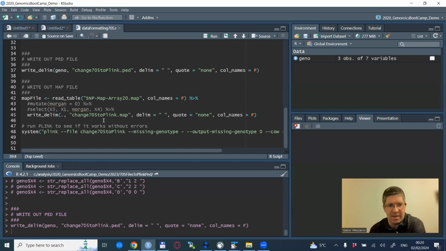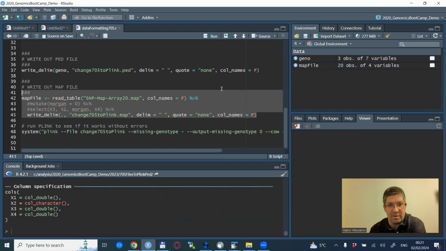In my case, the map file was created okay already. So all I need to do is change the name to match with the ped file name. I do this in these few lines, and then we are ready,